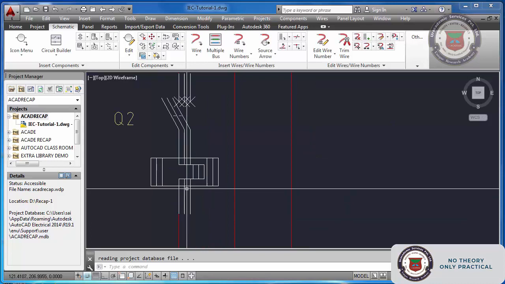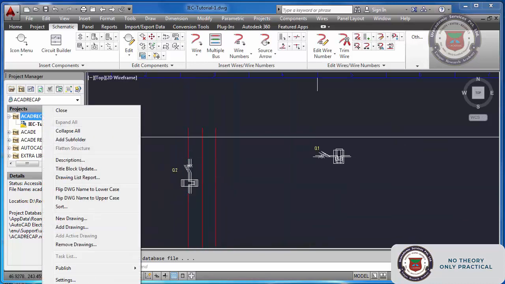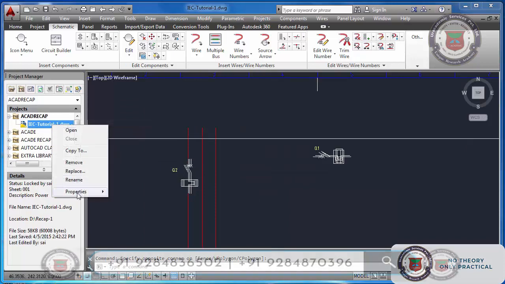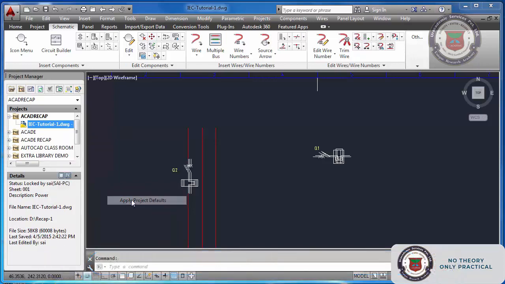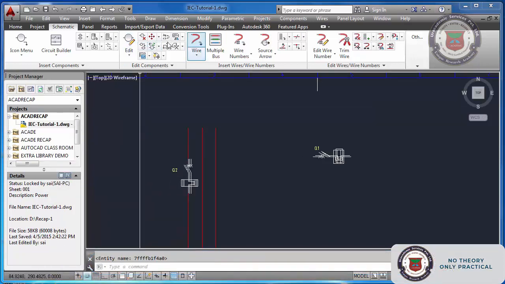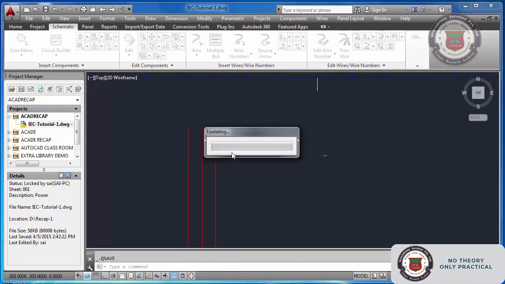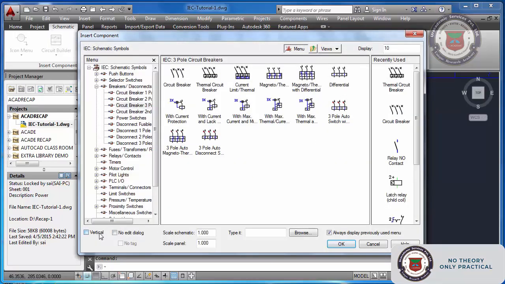Again the same issue. Why? We have changed the property of our project but not updated our drawing. So apply project default values to your drawing. Now I am deleting all these components. Insert vertical.